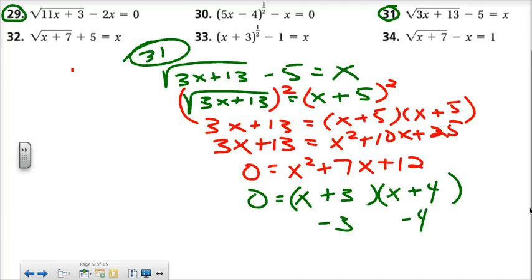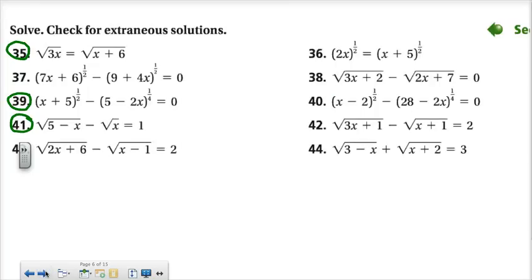And I will leave that for you to check the answers, and I will tell you nothing more because I don't want to give it away. So go ahead and check those two answers for 31. Then number 35,